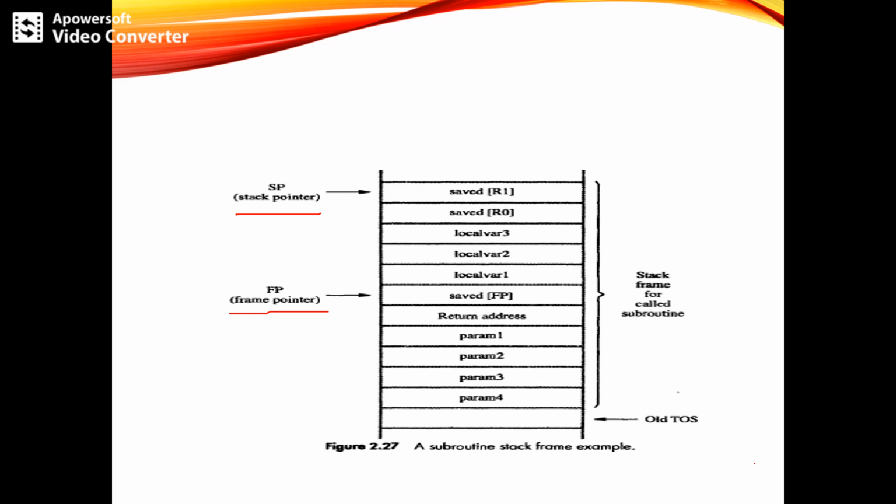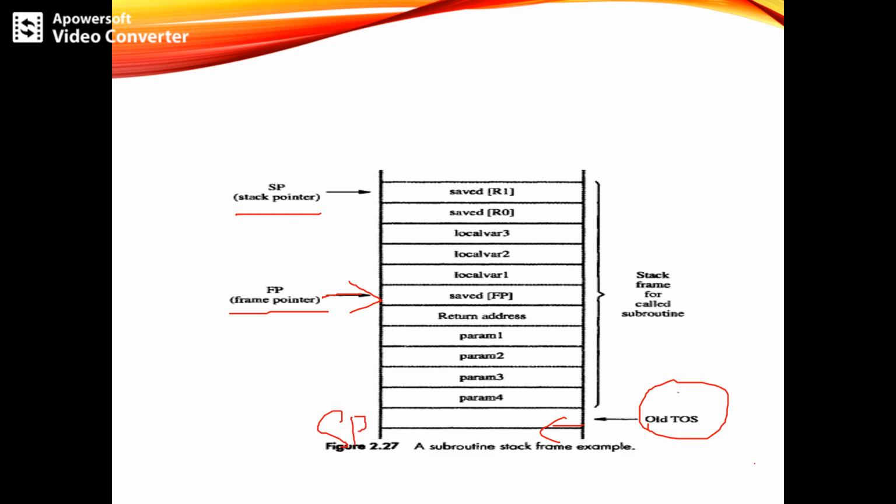Whenever a new item comes into the stack or is popped from the stack, each time the SP will keep on changing. But the return address needs to be fixed, so we have to easily access the return address from the stack. Initially this was the location of the old top of the stack, without any parameters or local variables, the topmost position of the stack. Initially SP will be pointing towards this location.